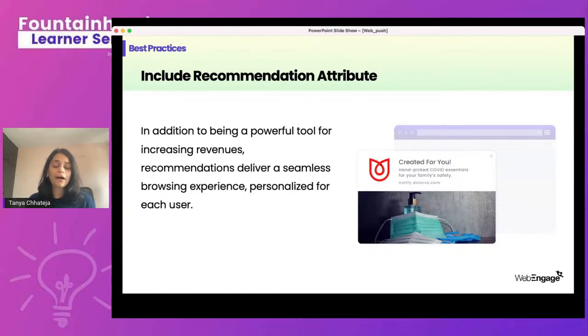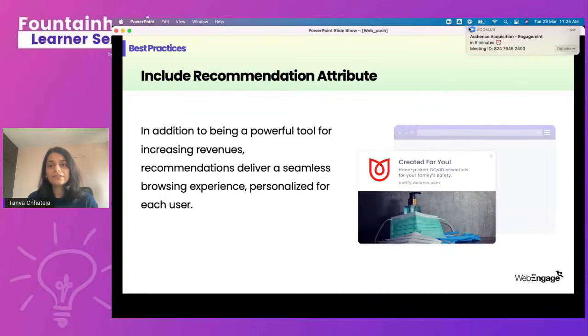So recommendation is a powerful tool that you can use on your web push notification as well, to communicate what you would want the user to do next, or what you would want to recommend to the user based on what they've done.